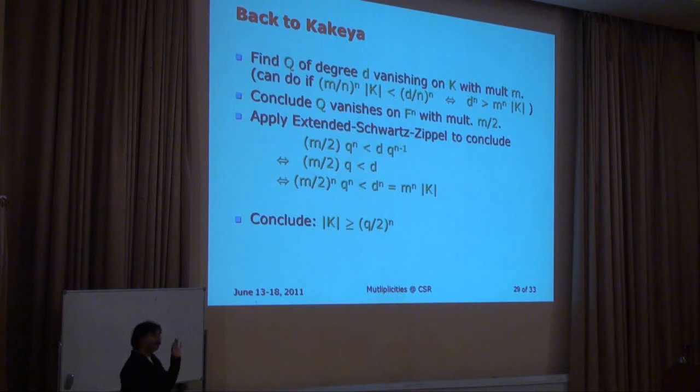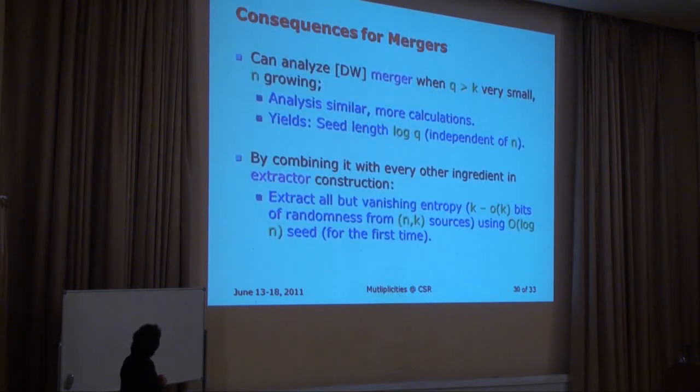Okay, so recall, we know that there are upper bounds which say that this can be as high as q over 2 to the n, times something like n. So we are off by a factor of exactly 2, not some exponent in n, not off by a multiple of n, not even in the constants. Okay. All right, so this is tight to within a 2 to the little o of 1 factor. This allowed us to get a very strong result for mergers and so on, but I won't talk about it now.